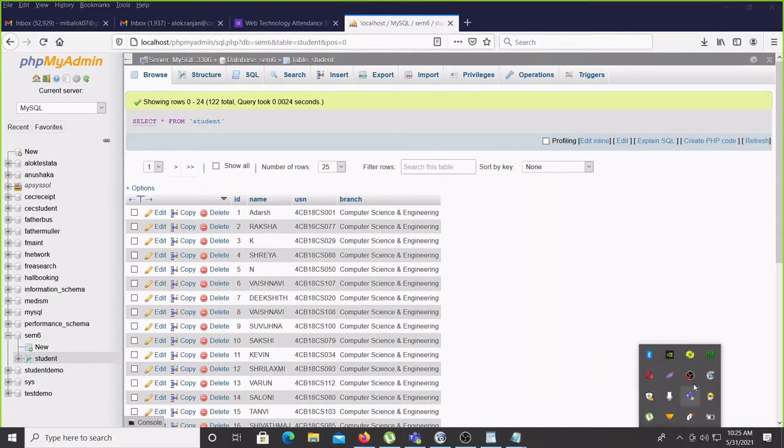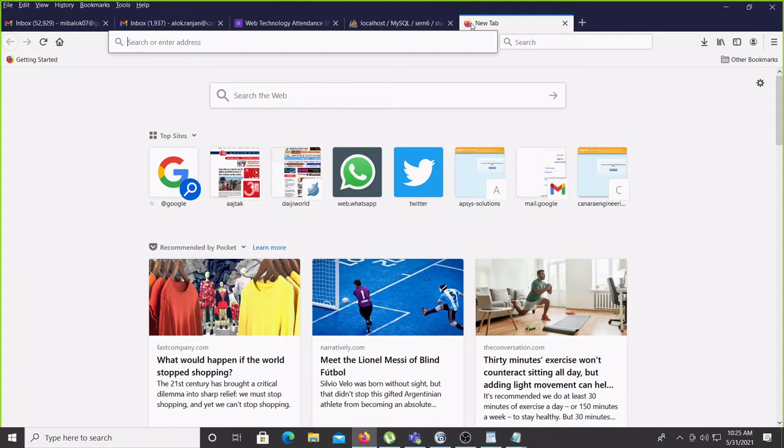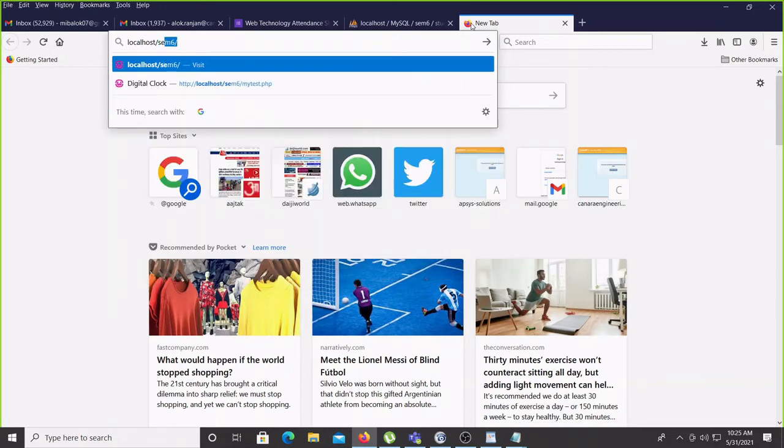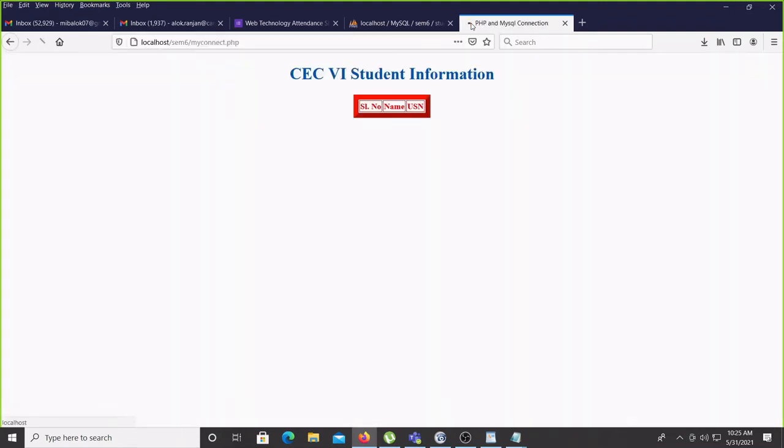The web server is already running, so to see the output, no double click. So localhost slash sam6 folder and then my connect.php. Yeah, see here a small table is coming, a small size.